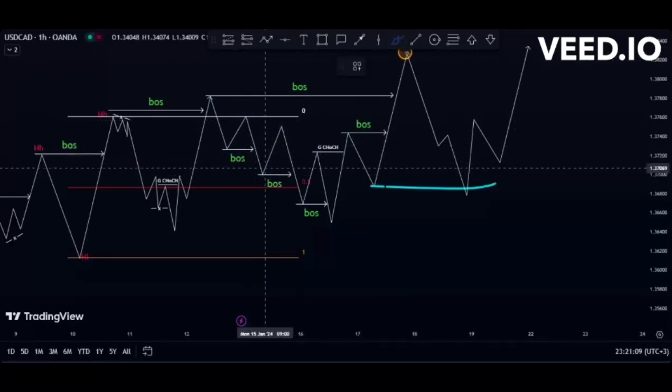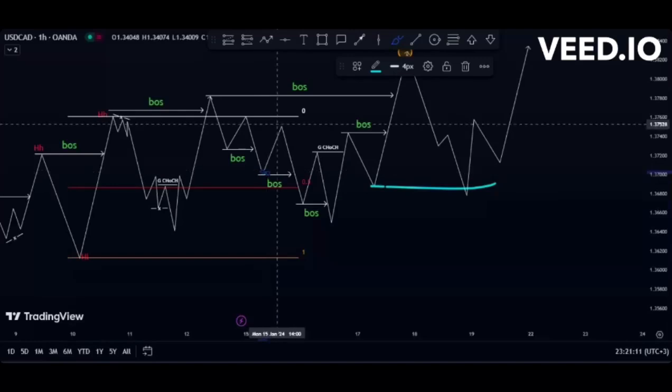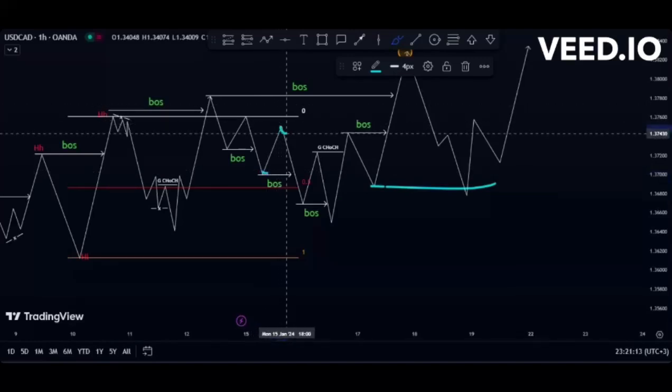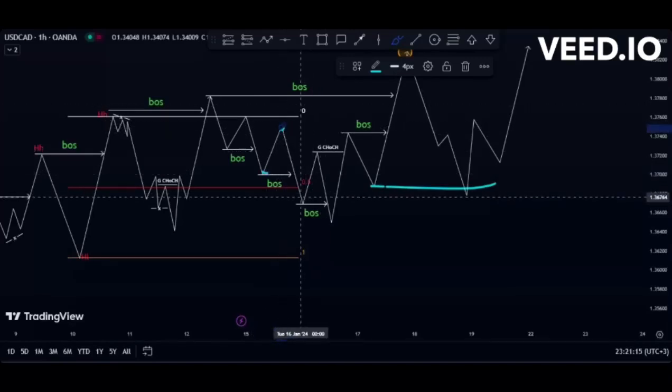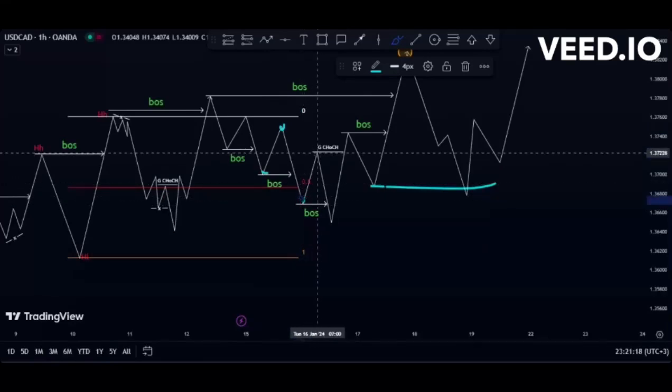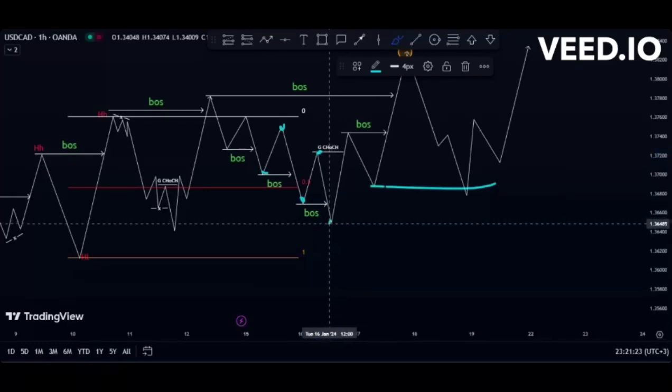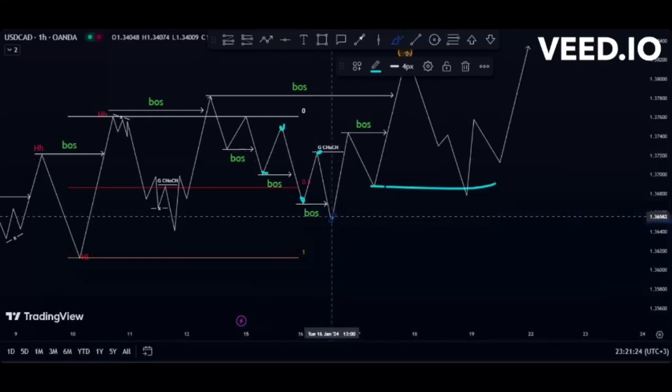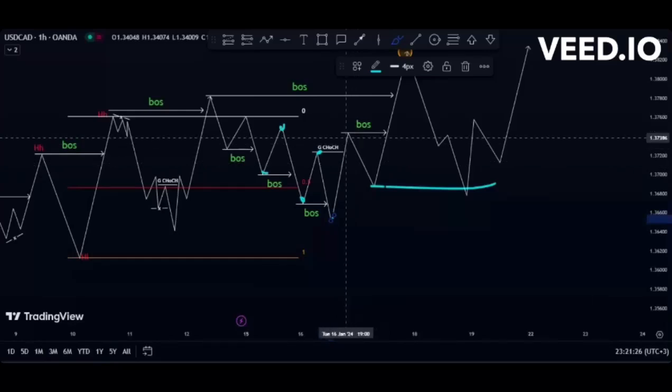Let me just mark them out. We have this lower low, lower high. We have this lower low, lower high. We have this lower low. Then, for you to know that the internal structure has turned bullish, we need to break this previous lower high. So we break it like that. After that previous lower high is broken,